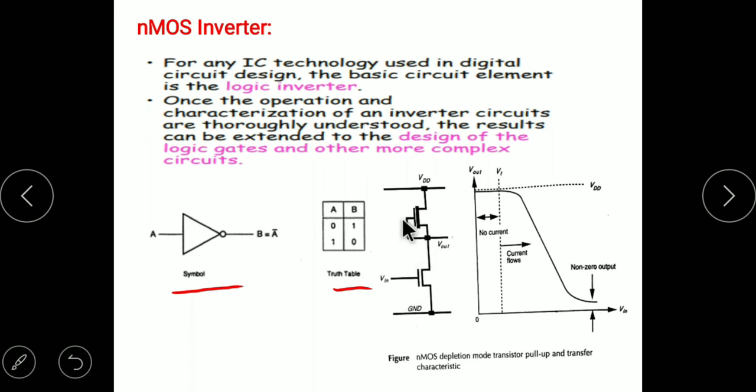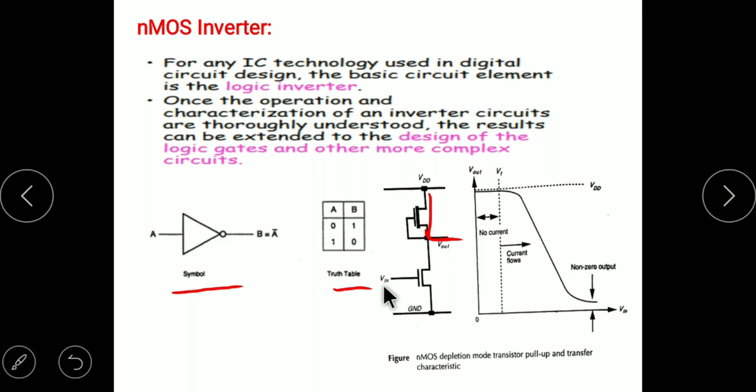If you observe, the gate and source are interconnected, so VGS is equal to 0. It is not necessary to develop the channel. So if you connect it like this, the transistor is always in the on condition. Hence VDD is directly connected to the output. Always VDD is connected to the output like this.